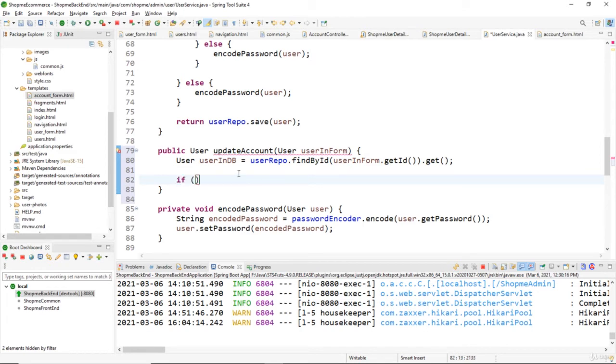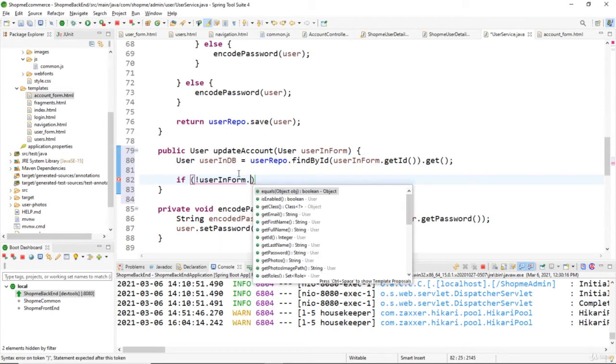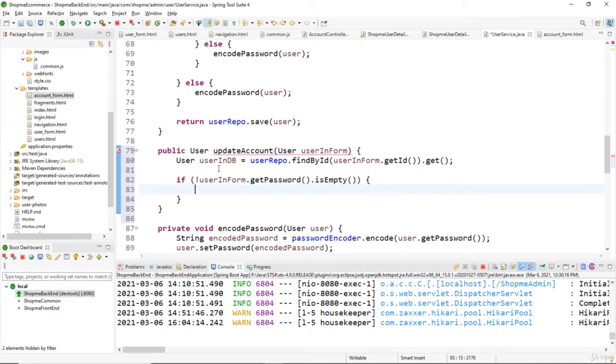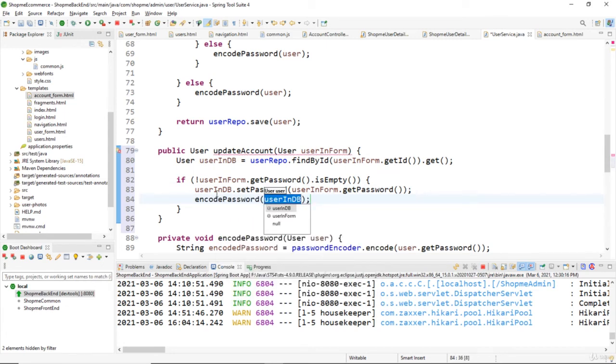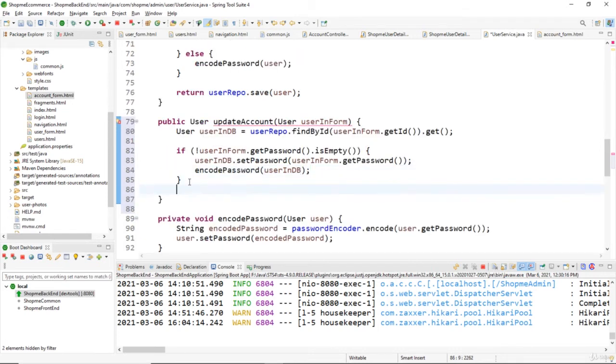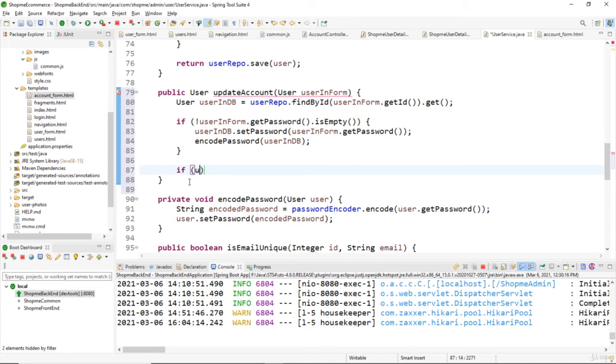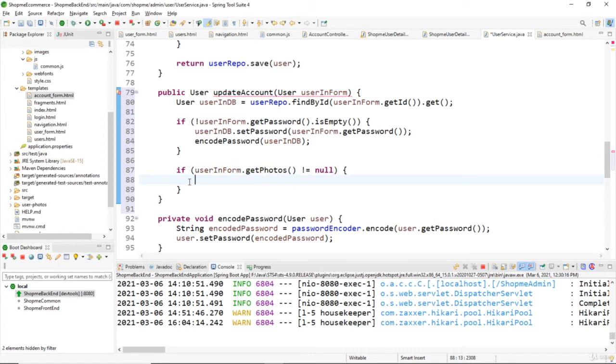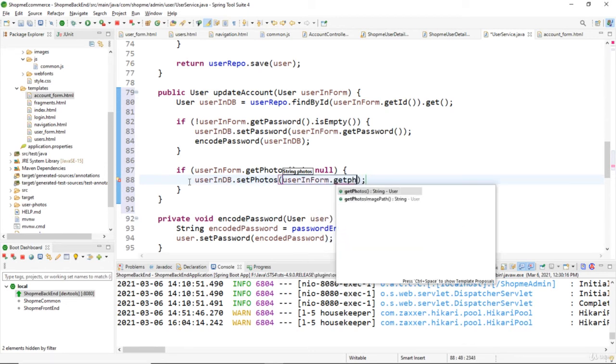Okay, so here we check if the password of the userInForm, getPassword, is not empty. Then we update the password of the user in the database here, userInDB.setPassword, which is the password of the userInForm.getPassword, and then we call the method encodePassword for the userInDB object. Okay, and then we also check the value of the photos field. If userInForm.getPhotos is not null, then we update the photos file name of the userInDB, userInDB.setPhotos, which is the userInForm.getPhotos here,